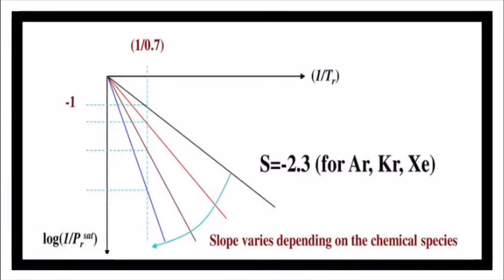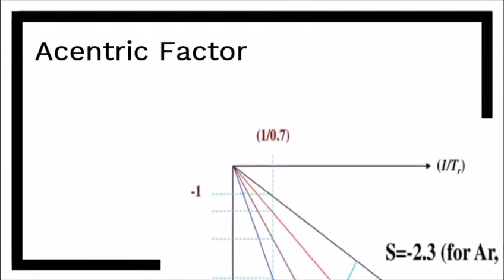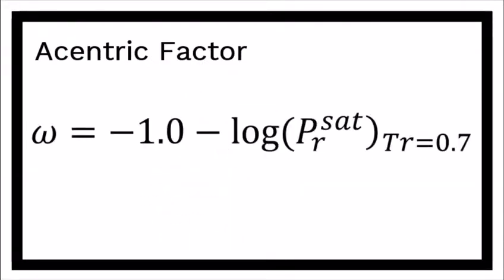Since the simple fluid is quite simple, we use it as our reference point. So omega is equal to 0 by default for a simple fluid. The omega for fluids other than simple fluids is calculated by finding the difference of the log PR saturated at TR 0.7 minus the